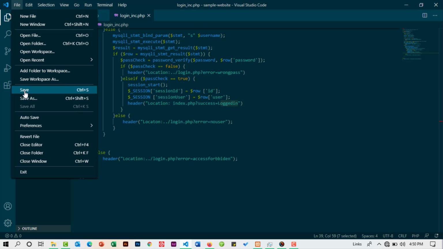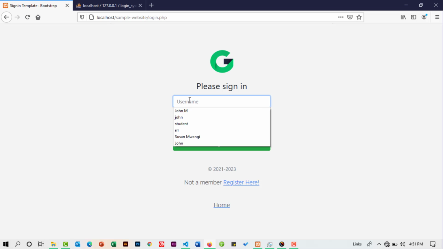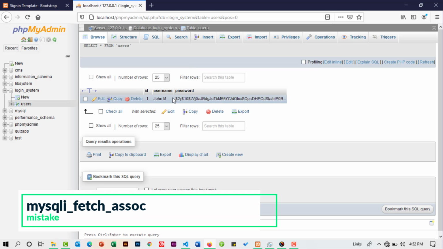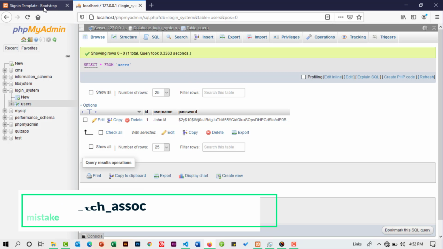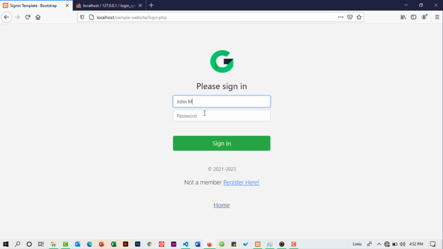Alright, so let us save that and now try to log in here and see if our login script has any errors. So I want to first verify the username and the password that we have in the database. So I'm heading on to phpMyAdmin, that is my database. Yes, and the username is John M, and the password is already hashed. So I'll get back here and say John M and the password is 123. Then I just sign in,